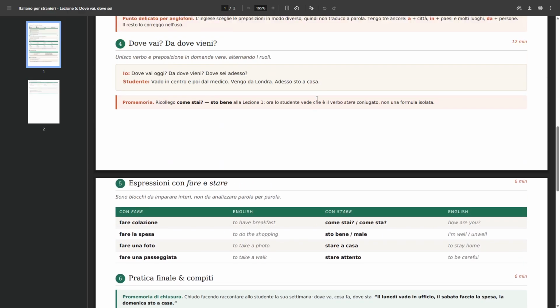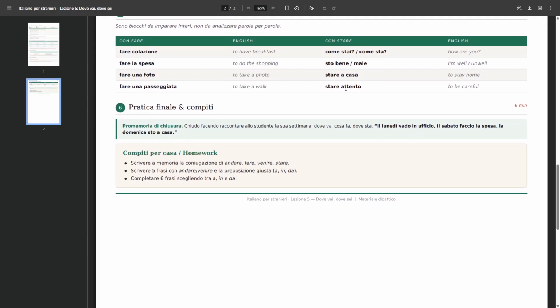So, yeah, as you can see, sto in this case is used as to be instead of to stay. It's not like right now I'm staying at home. It could mean that, but not in this situation. Here it means in context that I am at home. Yeah, I know it sounds like it's difficult, but it's really not. It is all going to come together at some point.